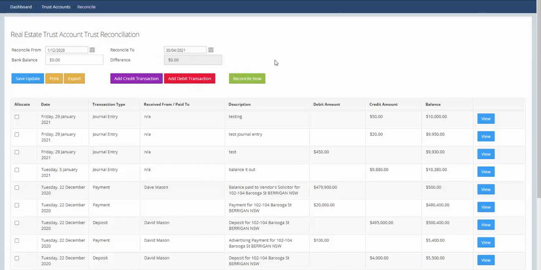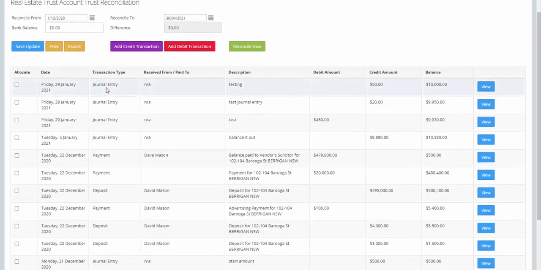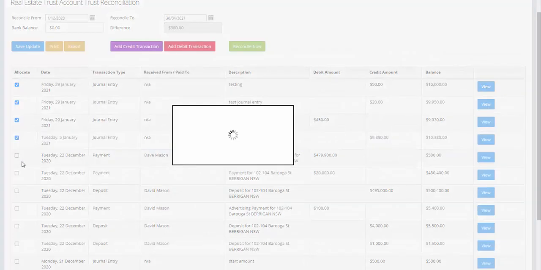So the first thing that we do is we scroll down here and we can see all the transactions that have occurred in this trust account that have been recorded. And we can go through and just tick which ones we want to allocate. So if we go through and I tick all of those,